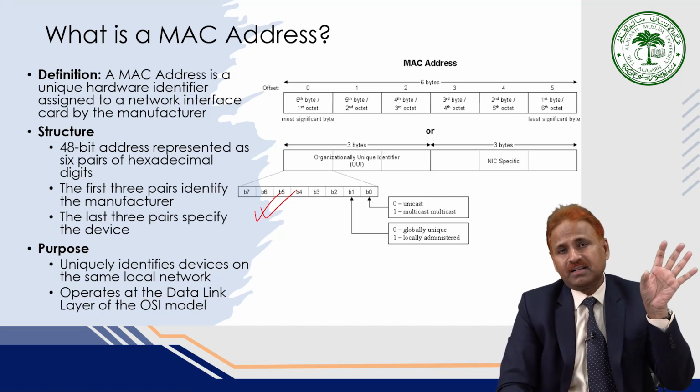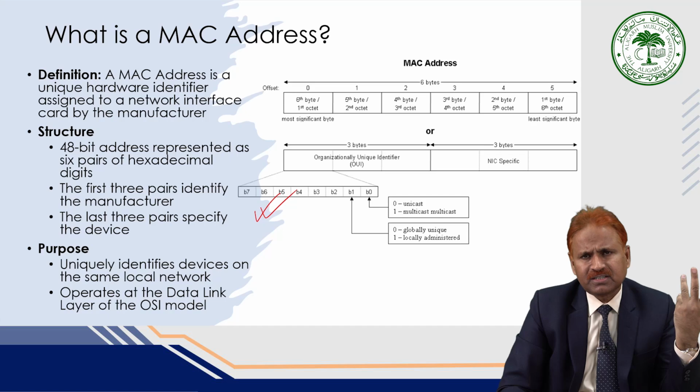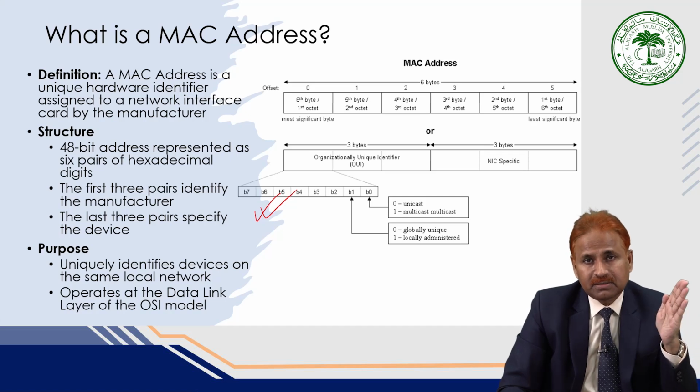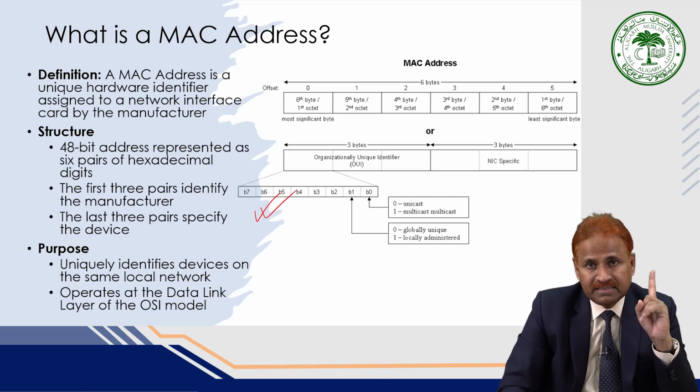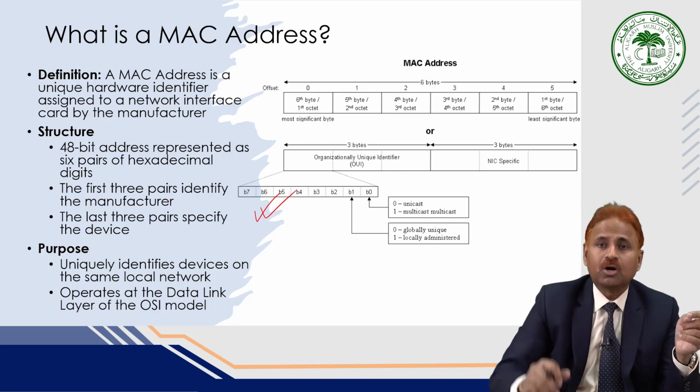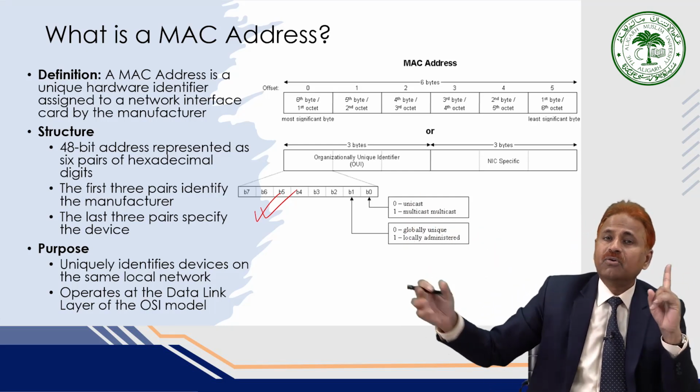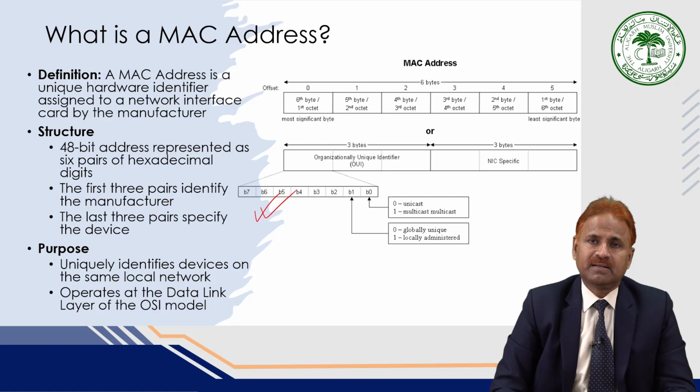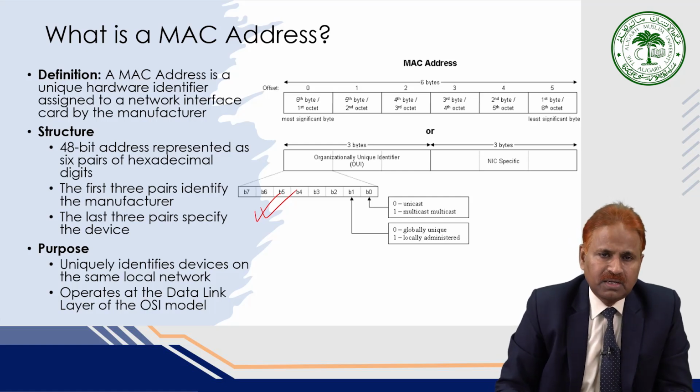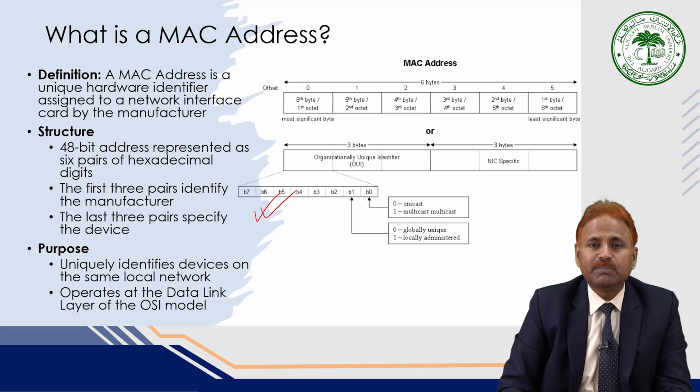Several manufacturers are manufacturing NIC cards, but they take into consideration that each NIC card, no matter whether it is produced by one manufacturer or another, will have a unique MAC address. As far as the format is concerned, I have already told you that it is a 48-bit address